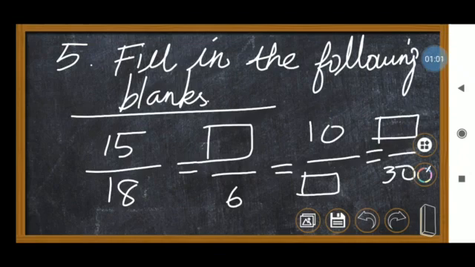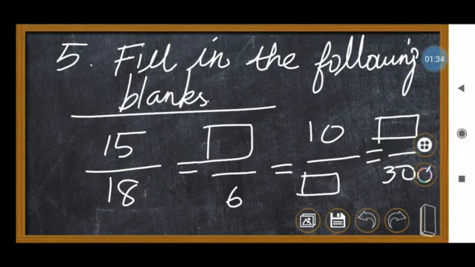You know equivalent fractions. If we multiply or divide the numerator as well as the denominator by the same number, we get one more fraction, and that is called an equivalent fraction. In the same way, for an equivalent ratio, if we multiply or divide by the same number, we get a new ratio, which is called an equivalent ratio. So now we have to check whether it is an equivalent ratio or not.